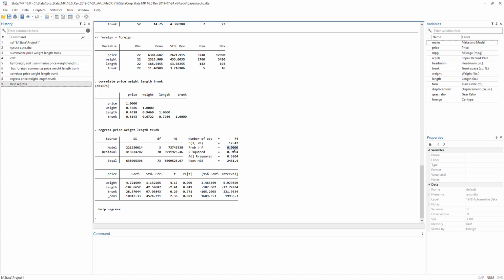And this p-value represents the type 1 error, the probability of rejecting a true null hypothesis. So we want this error to be minimum. The smaller the error, the better the results are. So in this case, the error is quite minimum, you can say, in a simplistic view. So we can say that these variables are jointly significant, or simply put, this model is significant. I'll come to this R square in a while, but let's move to the main table.